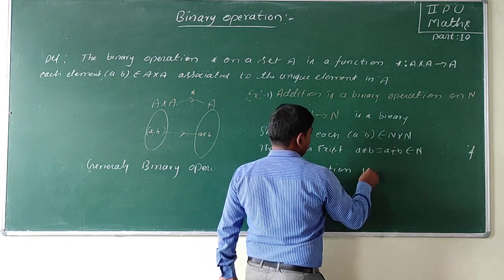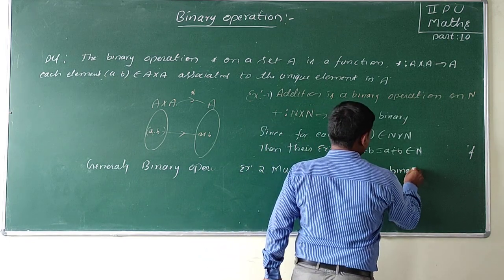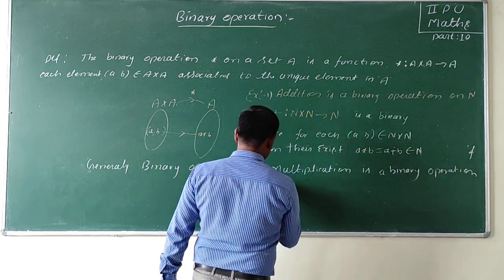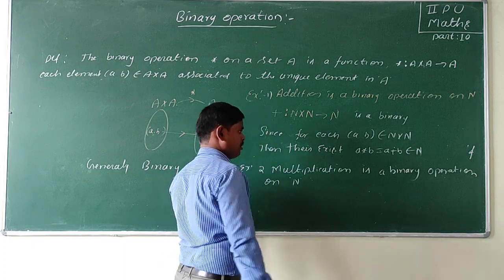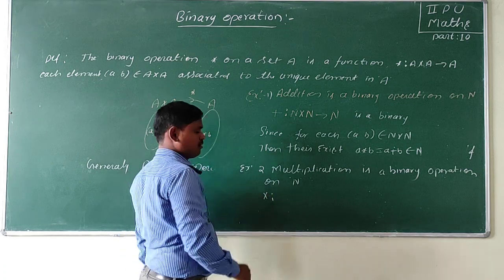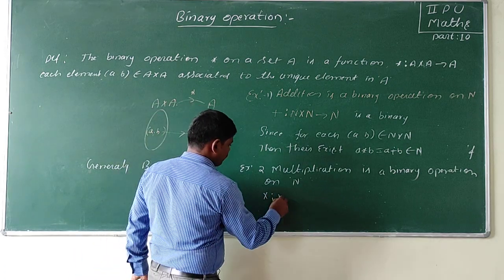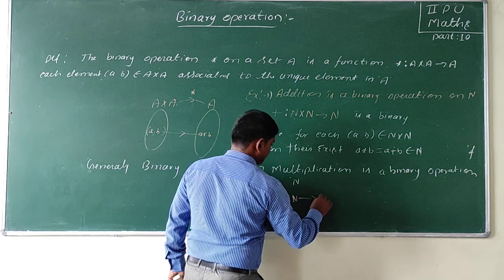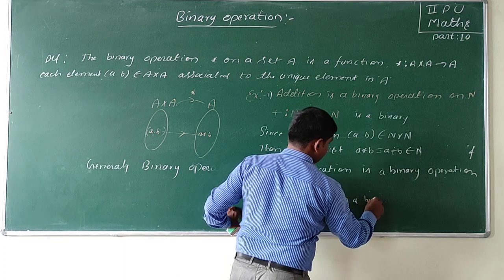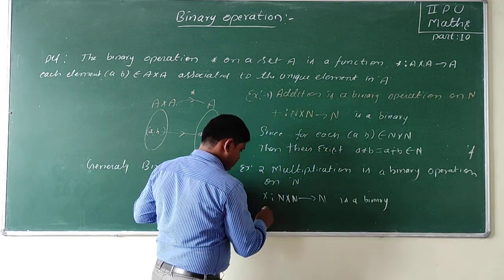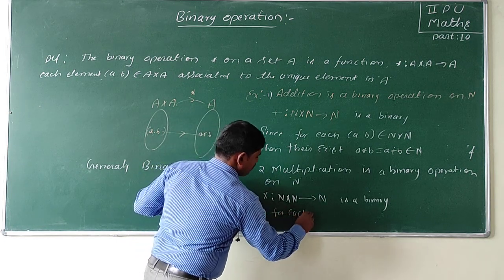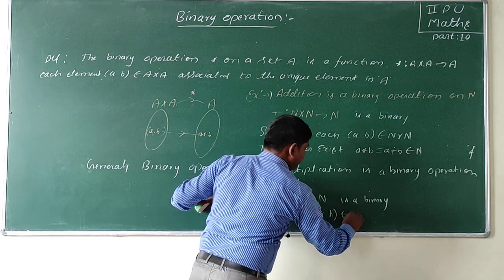Multiplication is a binary operation on natural numbers. Why? Because the multiplication symbol is taken as a mapping from N cross N to N. That means it is a binary operation, since for each (a, b) belongs to N cross N,